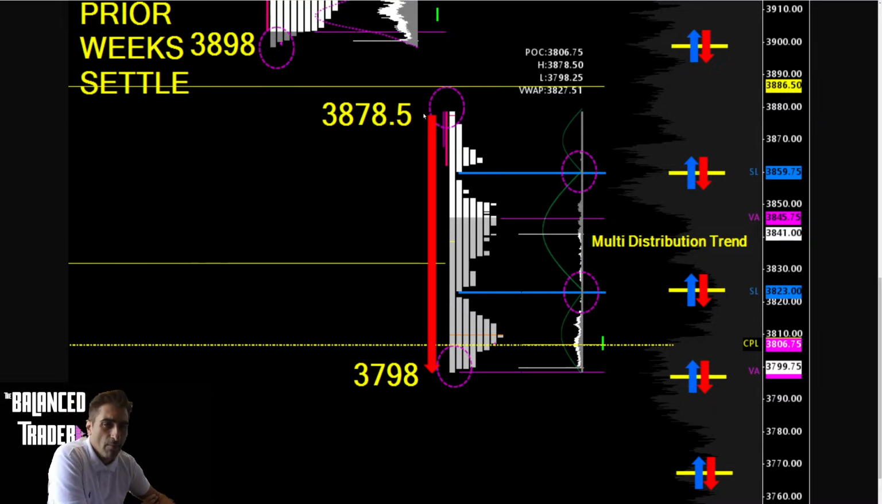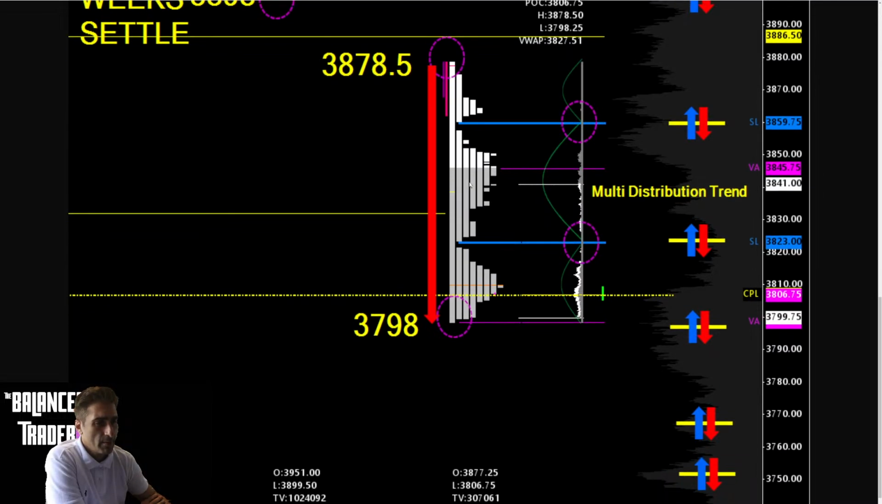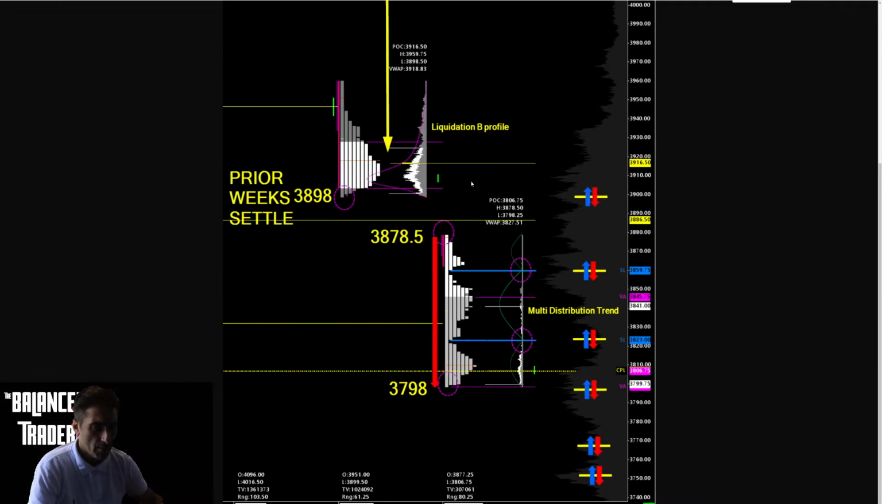Here might be a good opportunity for a gap close. I don't know if that's going to happen, but it might do. Just need to be prepared for it. Now if this happens, I'll be trying to update people in the stream